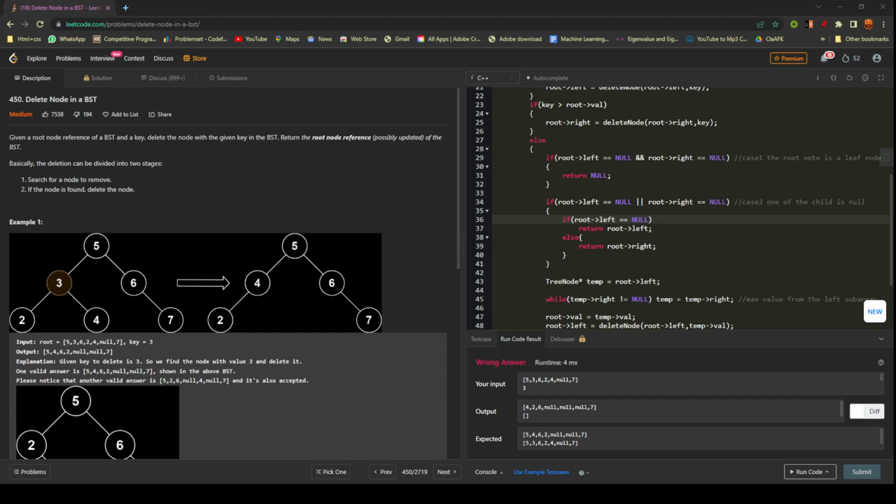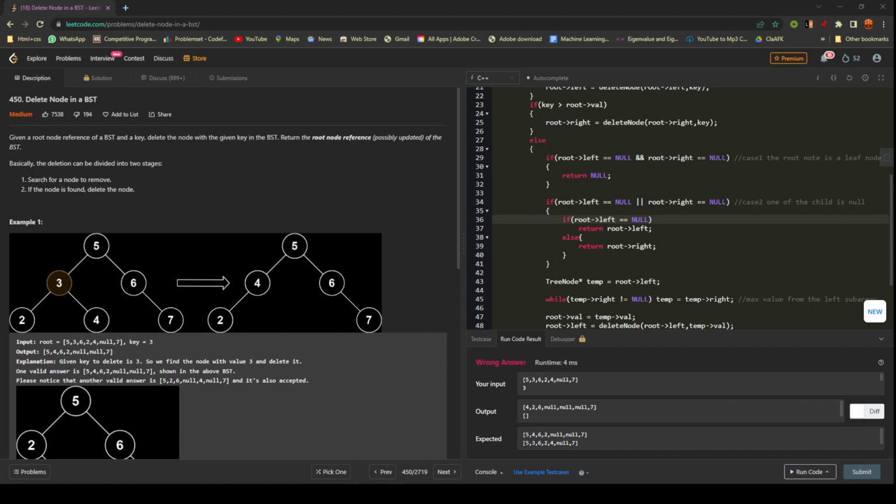We are passing here root right. Okay, in case we find the element, first of all we have to check our child whether the root node is leaf node or not. So in case it's a leaf node, we basically return null. Okay,